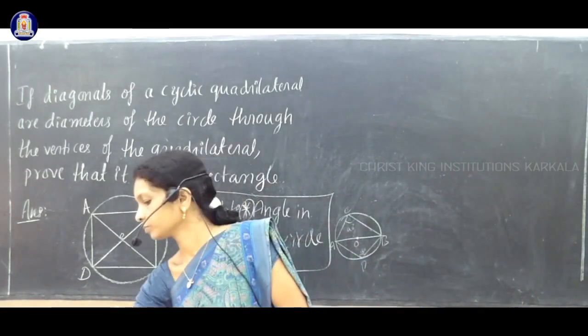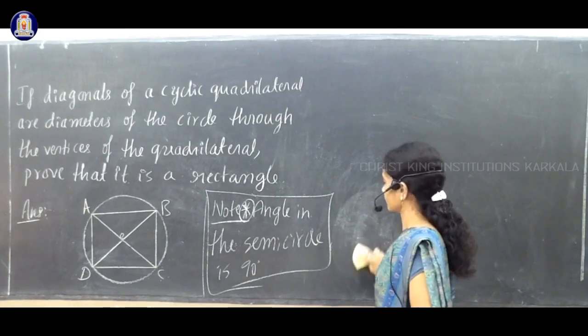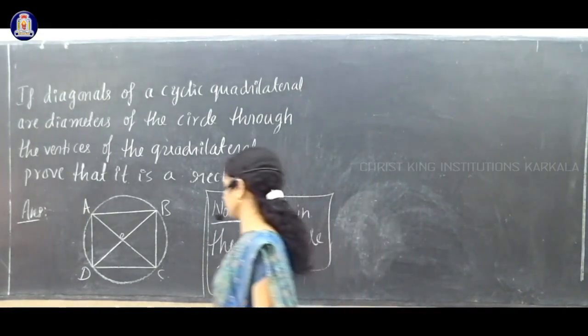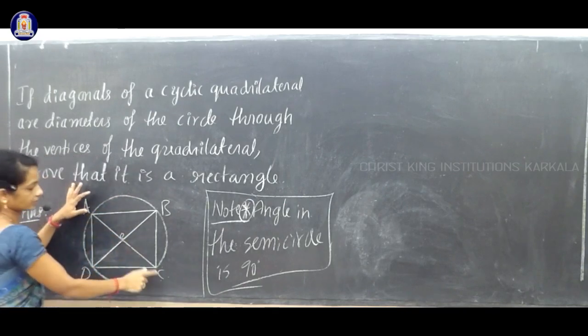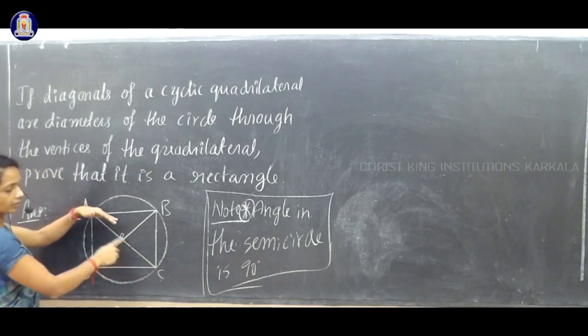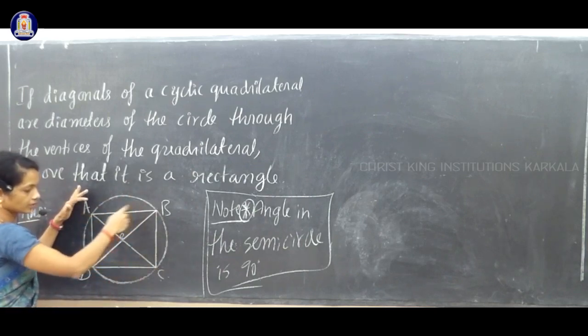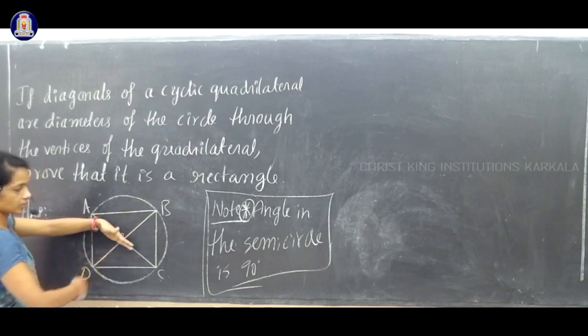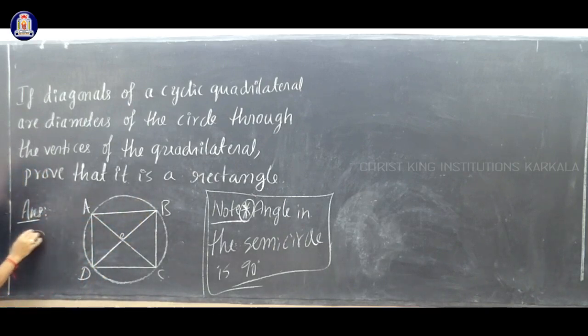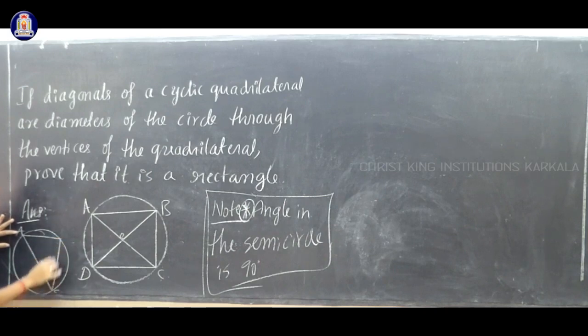Okay. So now let us see the main figure. See AC as the diagonal and as a diameter. AC is the diameter of the circle, so above AC and below AC you have a semicircle. If you can't visualize, I will highlight only part of the figure. You have AC like this, and here you have which angle? Angle ABC, in short angle B. And on this side of the semicircle you have which angle? Angle ADC.